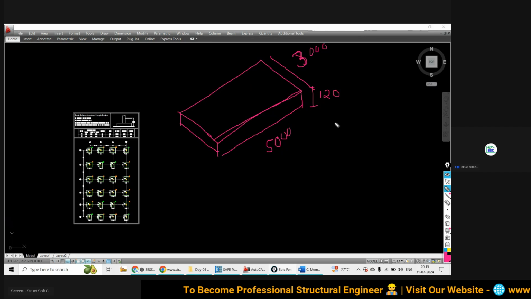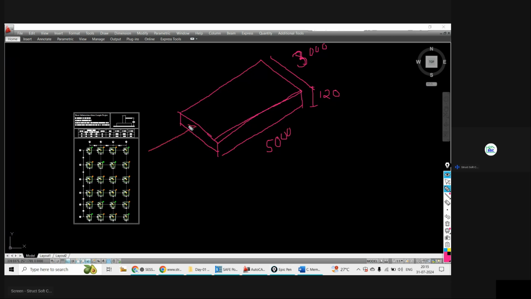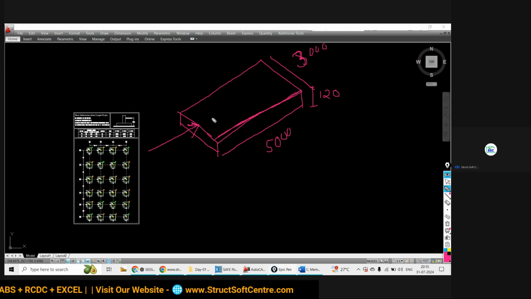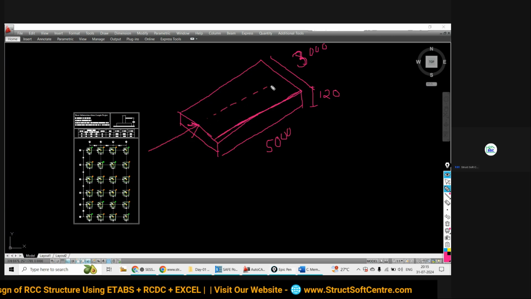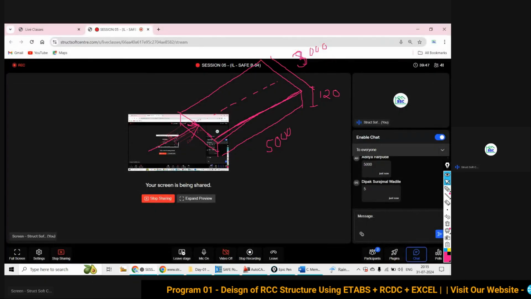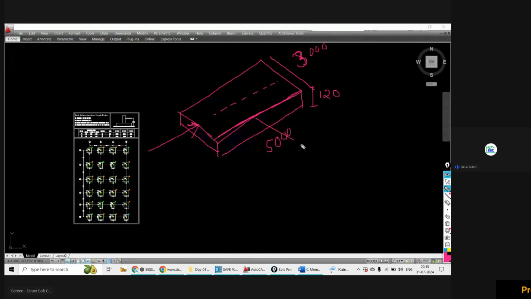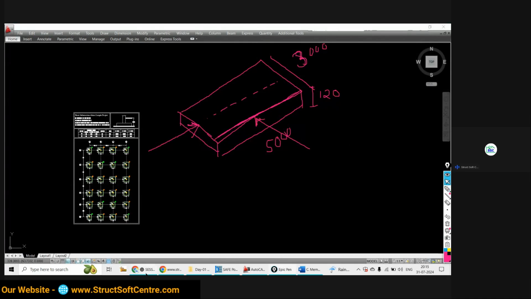Now normally, if suppose I am going to apply the load in this lateral direction, so ये लोड को रेजिस्ट करने के लिए आपके पास डेप्थ मींस स्पैन कितना अवेलेबल है स्लैब का? Yes Shubham, can you tell me? 5 meter, 5000 mm. Okay, just tell me in 5000 mm. So 5000. If I am going to apply the lateral load in this direction, so कितना स्पैन अवेलेबल है इसका रेजिस्ट करने के लिए? Yes, how much is the span available?